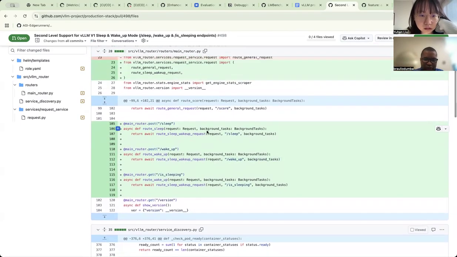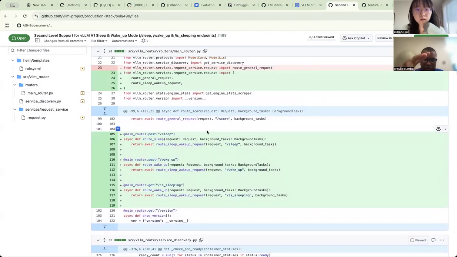So in V1, when you start vLLM with enable sleep mode, these endpoints will be available: sleep, wake up, and is sleeping. Is sleeping checks the status of the engine, whether it is awake or sleeping. This is what the changes are